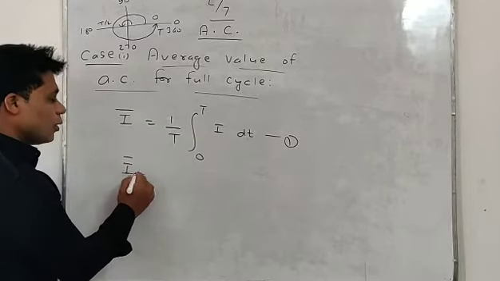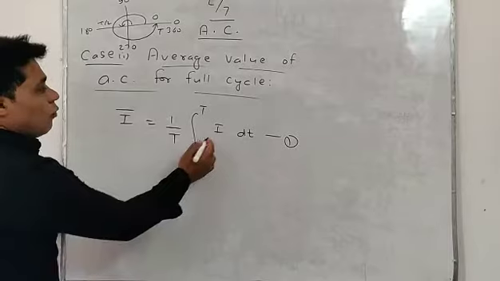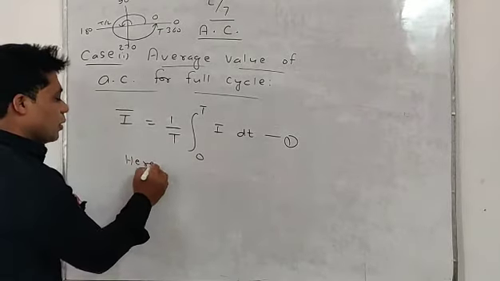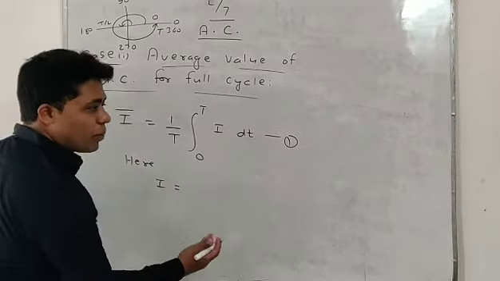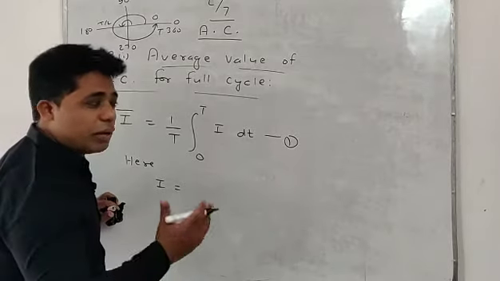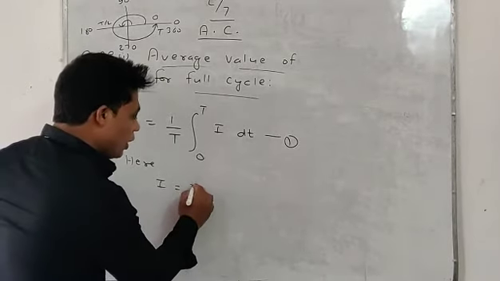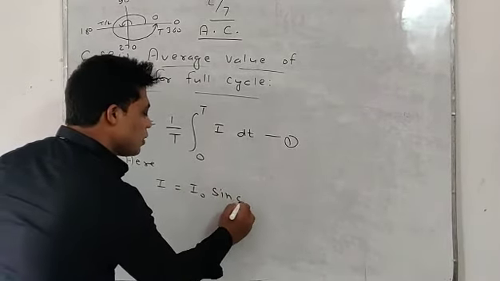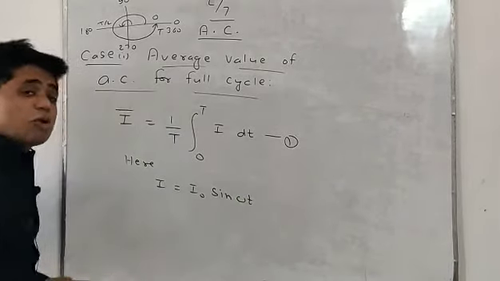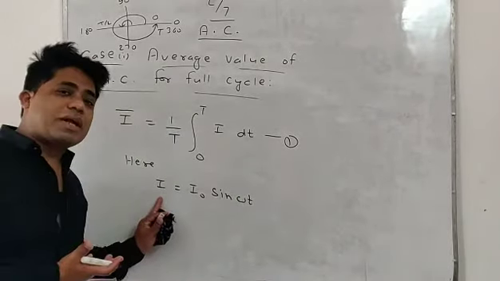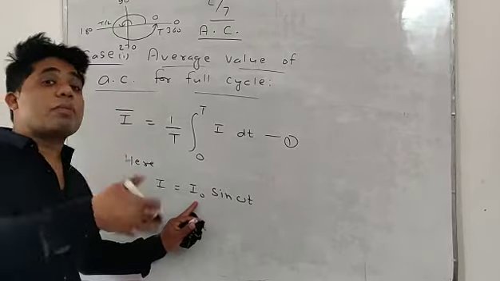Okay, we know, students, what is alternating current. I just explained the formula; I just gave the formula, and the derivation we will take later on. I equals I naught sine omega t. This is the value of alternating current, where I is the alternating current and I naught is said to be the peak or maximum current.